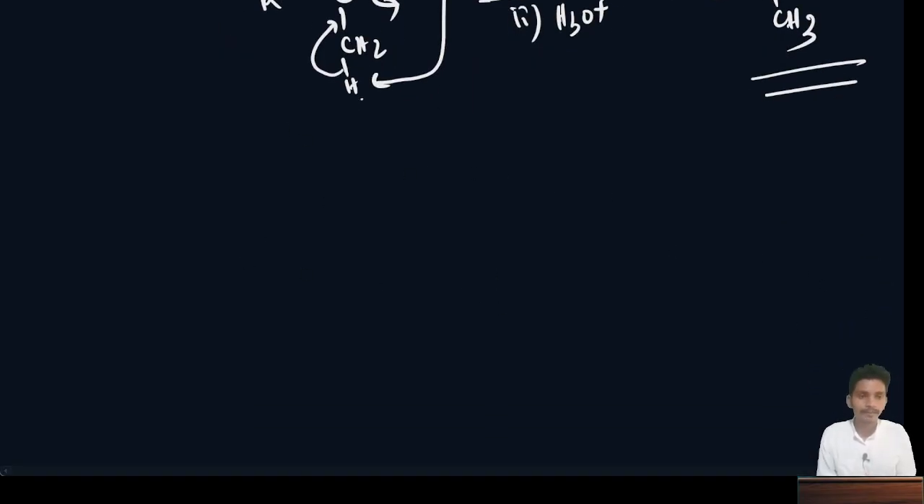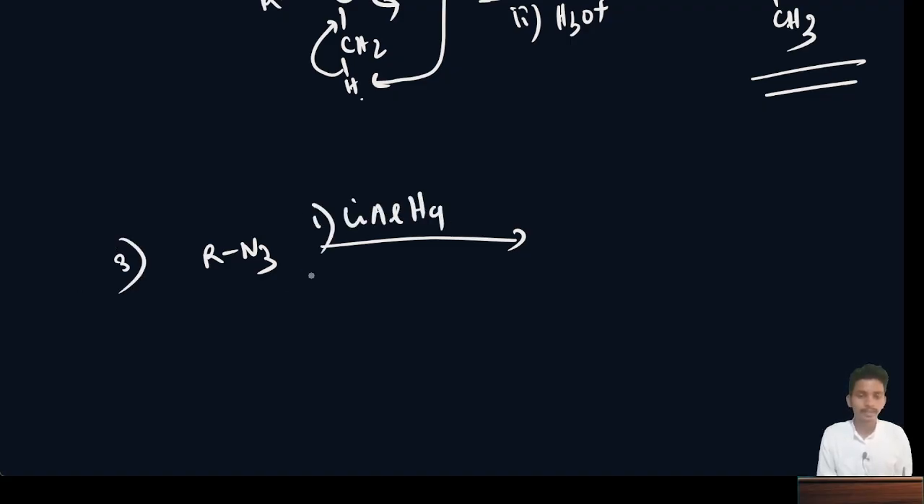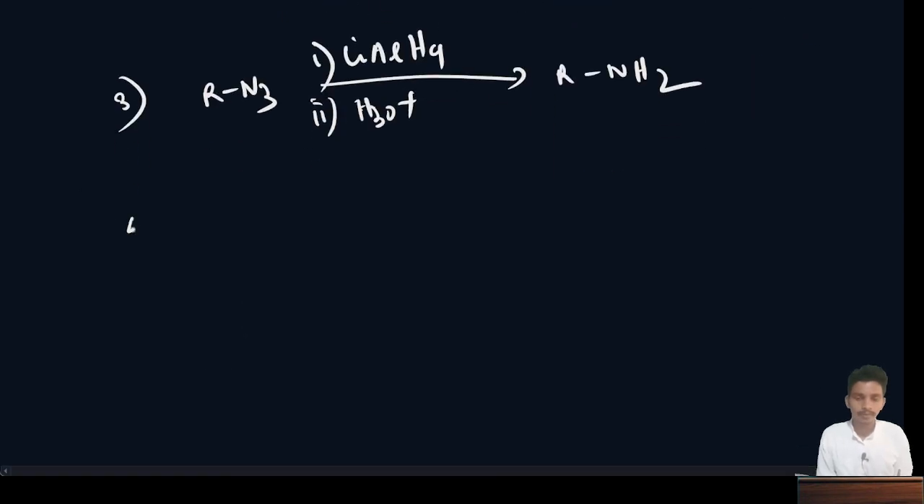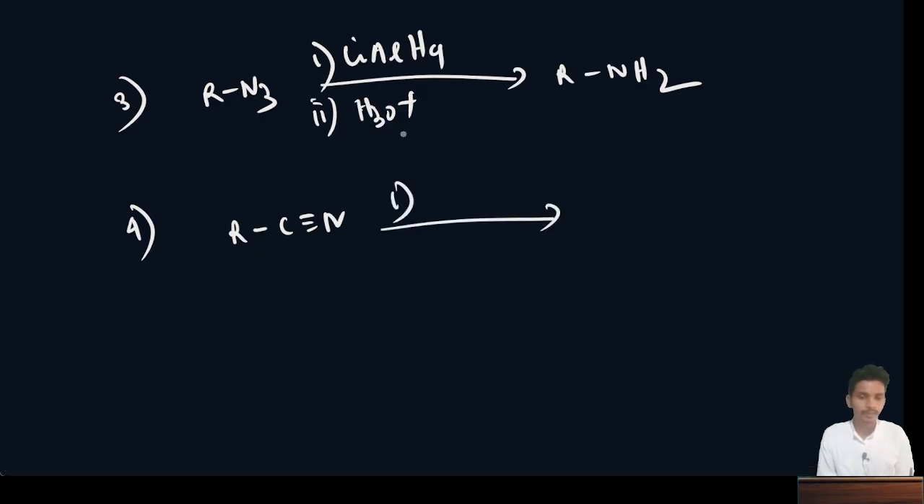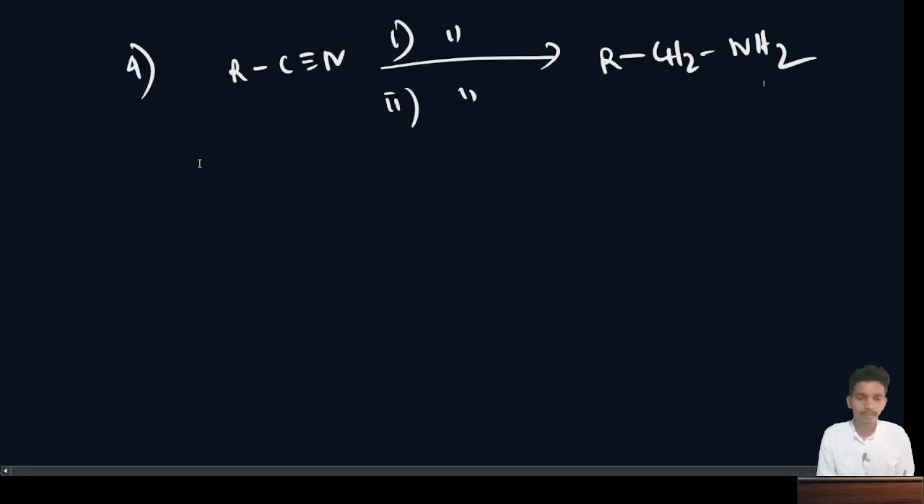Okay, similarly, if you have R and 3 groups, this is the third case, and we give lithium aluminum hydride and do the hydrolysis. In this case, it is converted to RNH2. Okay, and similarly, if you have RC triple bond N and you give the same thing, then in this case it will be reduced to RCH2NH2. Like if we take that type of bond,